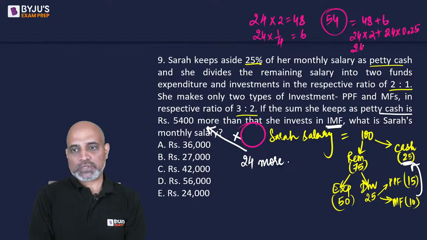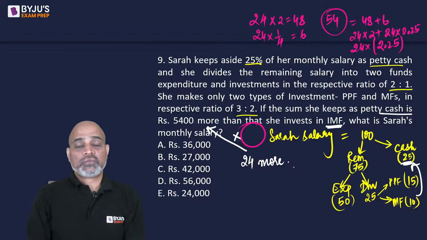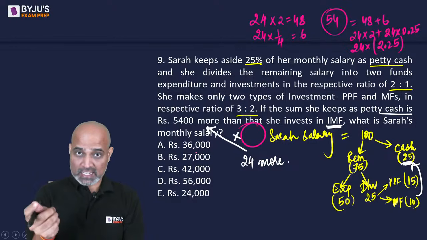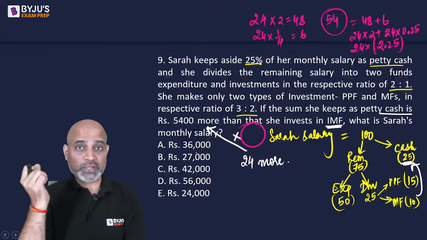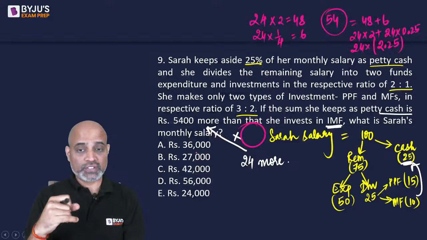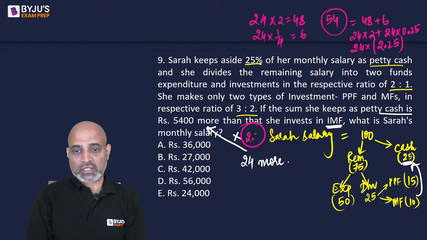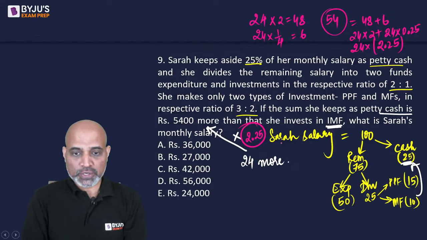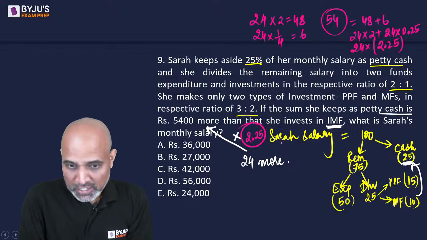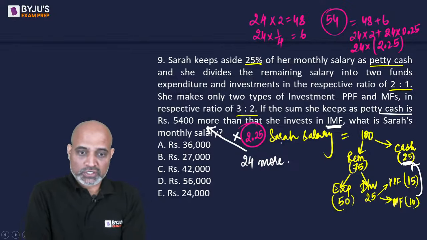So this will be 24 into 2.25. So if the difference between petty cash and MF, that difference is 2.25 times. That means everything should be 2.25 times. तो सारा का मंथली सैलरी में